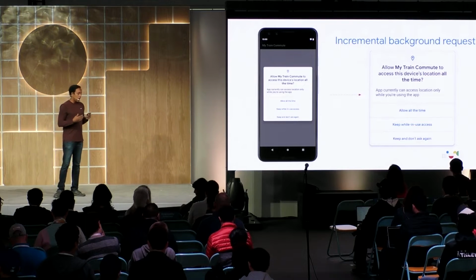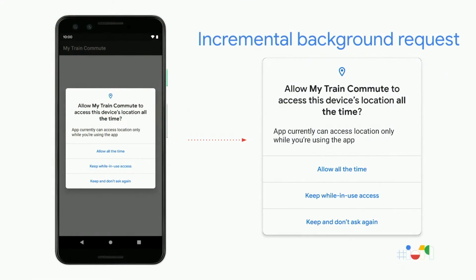If the dialog is presented at that time, the user would think, in order to send the notification, this app needs to access my location in the background. I get it, so I'll provide this level of access. As you can see from the dialog, in the incremental permission request, the user would have two options, either to allow the app to access the device location all the time, or to say, keep the current level of access, I don't want to provide the higher level of access.